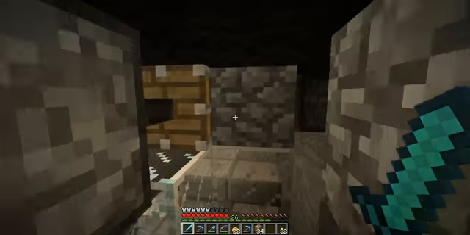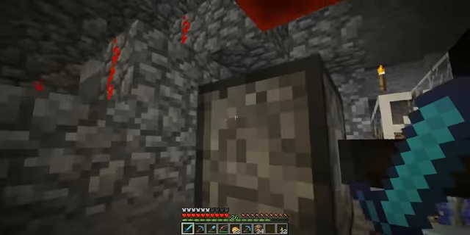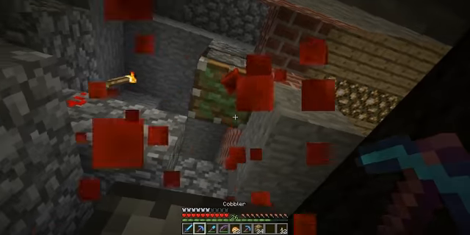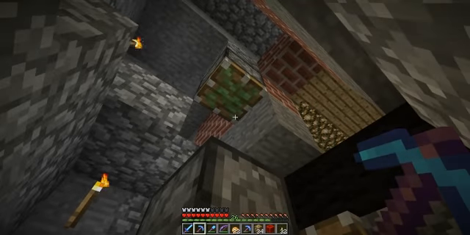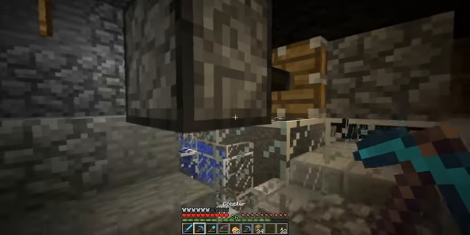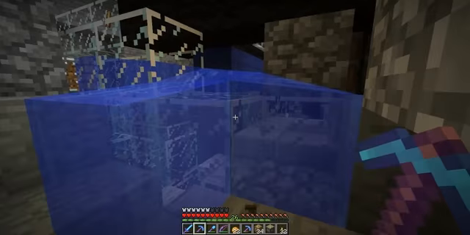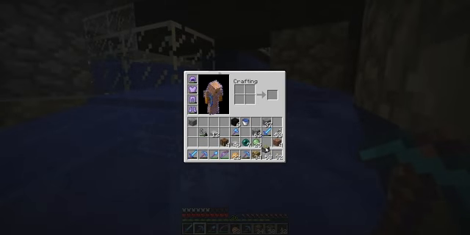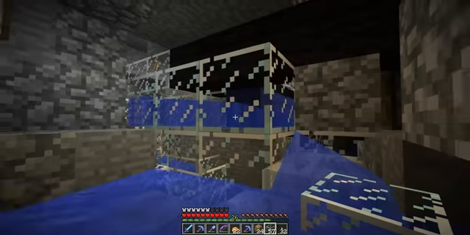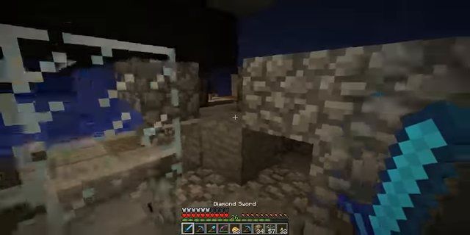This piston right here wants to always be extended. It doesn't have anything to do with that. I can't figure out why. So I'm going to take it out and just put a piece of glass there for now, and maybe it's a bug that will be fixed, I hope. The reason it's important is because the crusher,